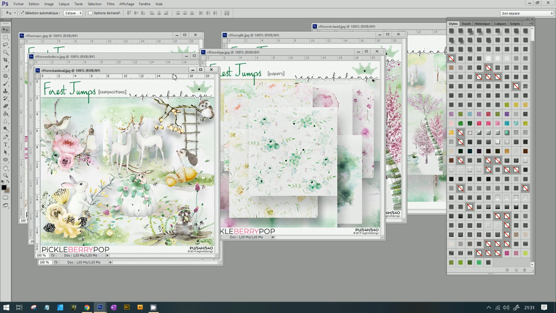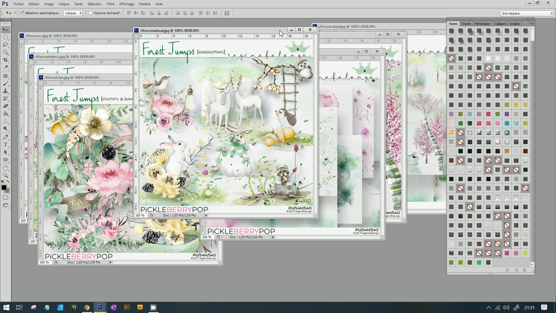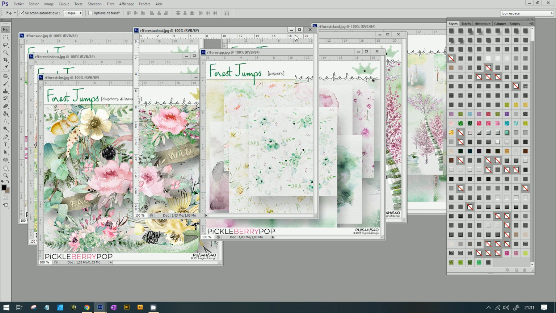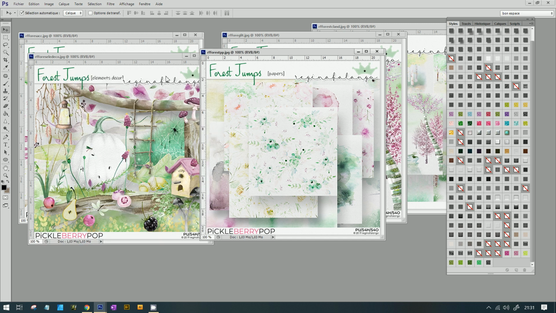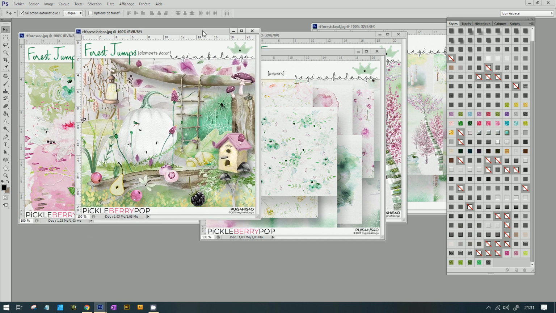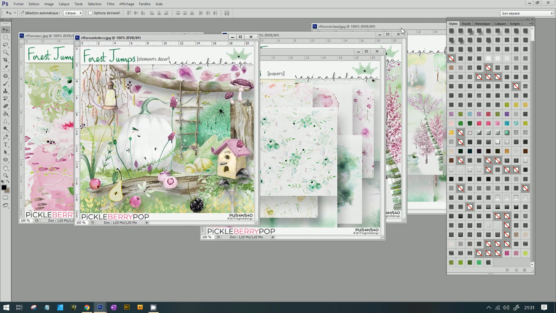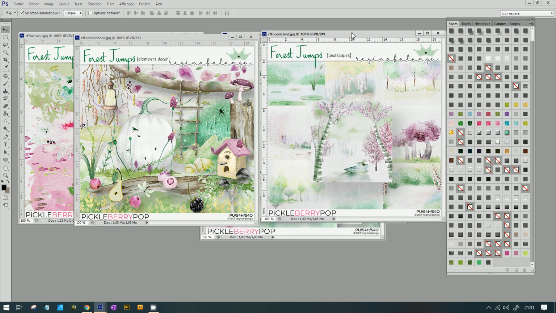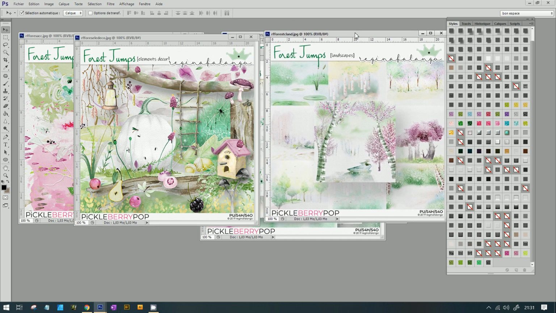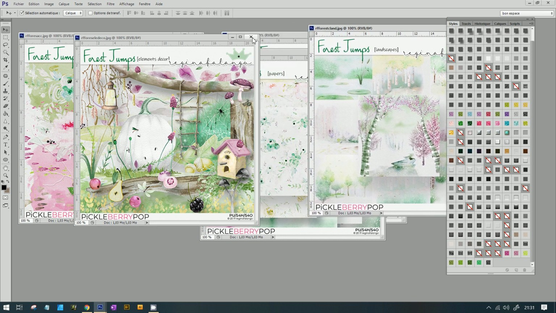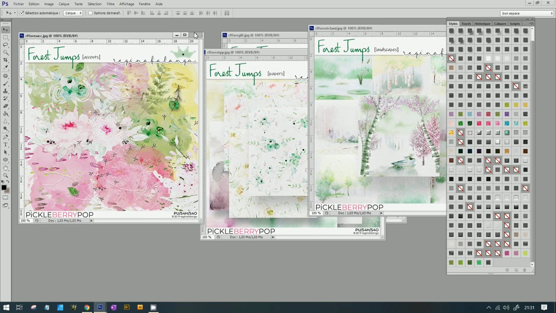You have many possibilities with this kit. I made compositions easy to use, and clusters, and a little pack to play with the landscape. You can imagine all the little scenes you want, accents and so on.